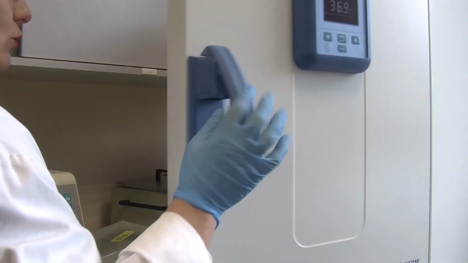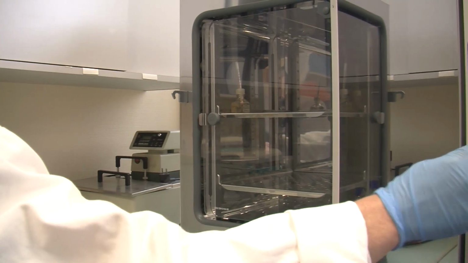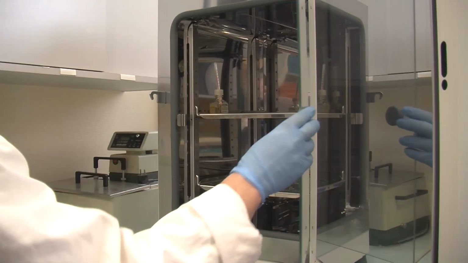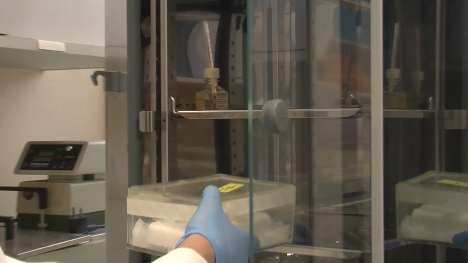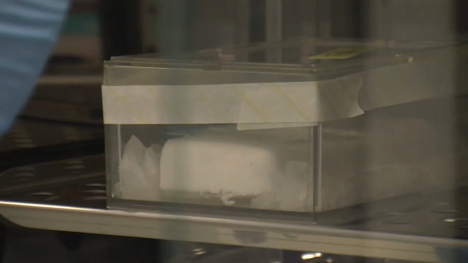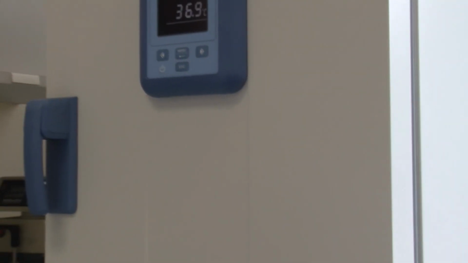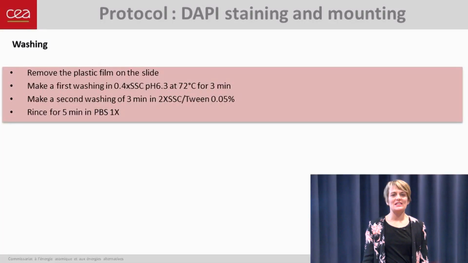For this staining, the incubation is quite long and will take place in a 37-degree incubator. A bacteria incubator set at 37 degrees could also do the job. You just need to find a way to maintain the temperature. We will incubate the samples for 4 to 5 days in the dark. 4 days is enough, but if you want to be sure to have a strong signal, you can wait 5 days. 4 or 5 days later, we will proceed to the slide washing.